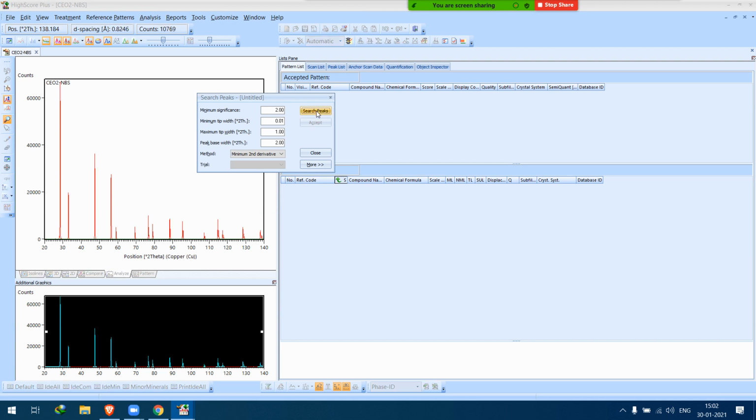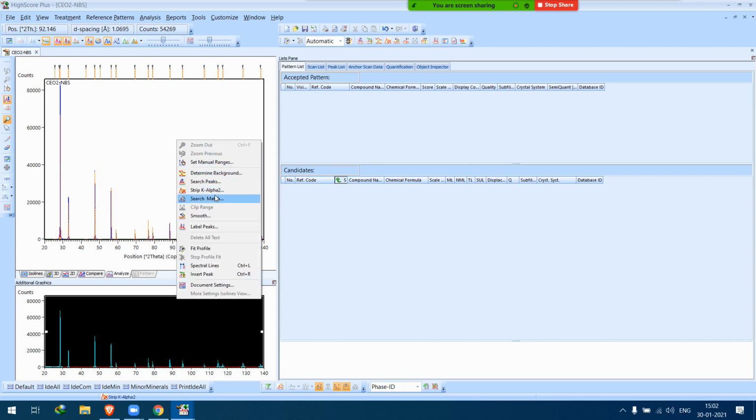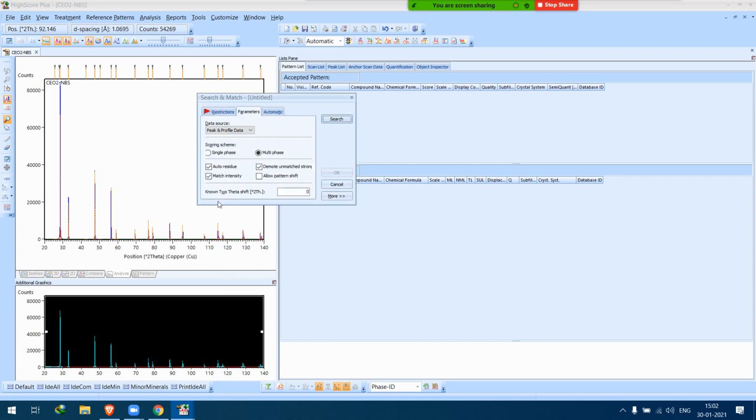Search for the peaks. Then search match. This is cerium oxide.